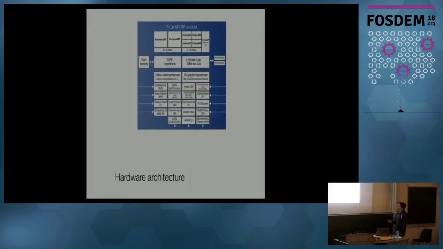Then this is an architecture picture of the SoC that was used on this board, and here you can see the GPU as a block. This hardware was also designed such that there were different independent display out connectors, and each of the display out units actually had its own frame buffer, so you could assign each VM one of the frame buffers and they could render their stuff into it.